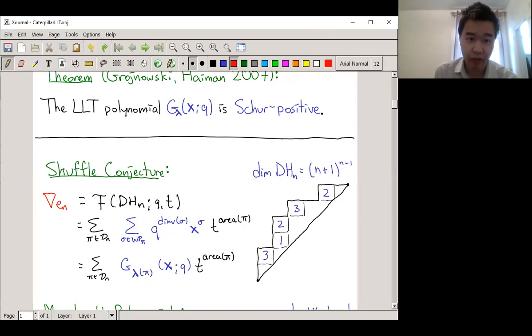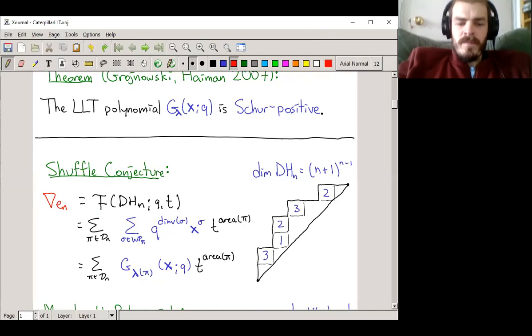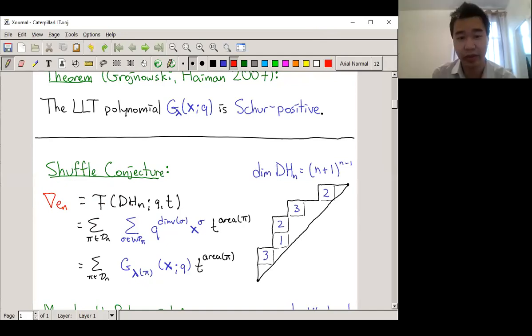So the shuffle conjecture was recently proven by Carlsson and Mellit, and it gives a combinatorial interpretation of this operation nabla of an elementary symmetric function. It's significant because it gives a formula for the Frobenius series of the space of diagonal harmonics, which if you happen to have heard of the (n+1)^(n-1) conjecture, that's the dimension of that space, proved by Mark Haiman. But this shuffle conjecture gives a combinatorial interpretation of this quantity, you sum over Dyck paths, and then next to each north step, you write a